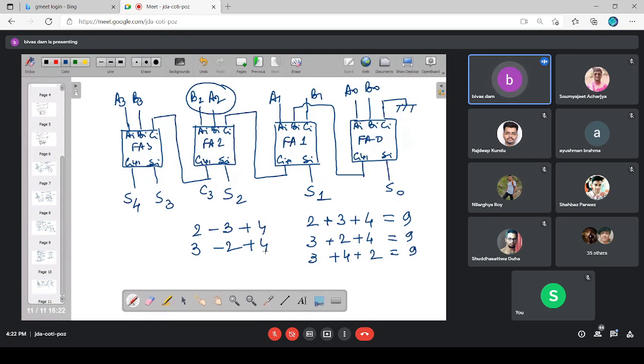It will always be better had I gone for A2 here, B2 here, A1 here, B1 here, and instead of that, C1 was coming from here. If that was the connection, that would definitely look good and would not create any confusion at all. So I request you always to follow the standard interconnection, and do not try to confuse like me. I should not have gone for that one.